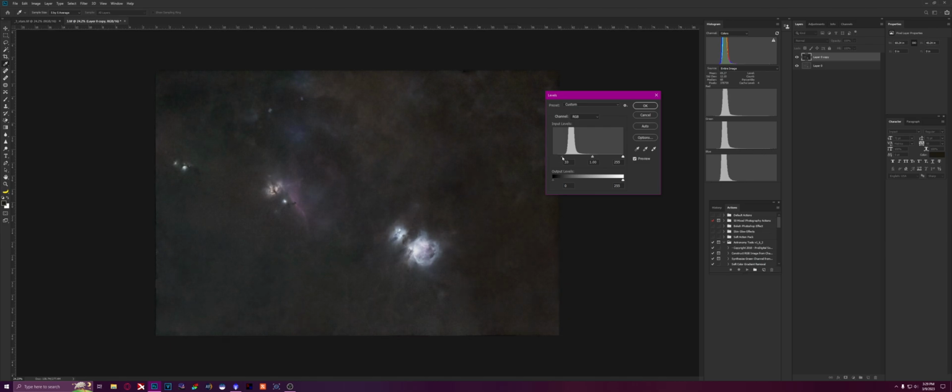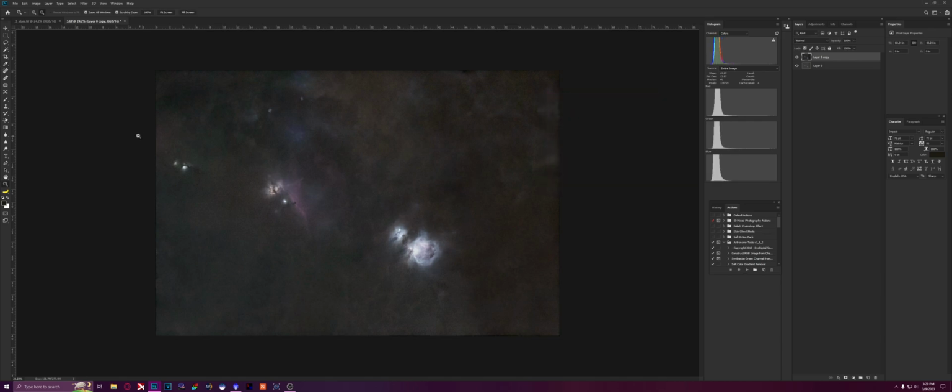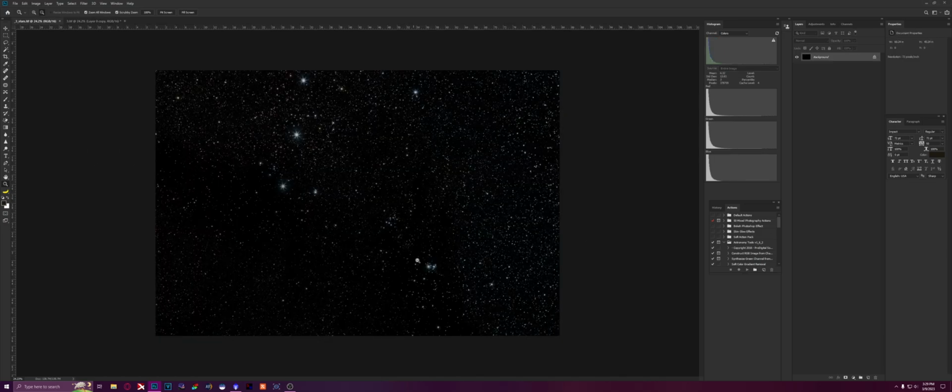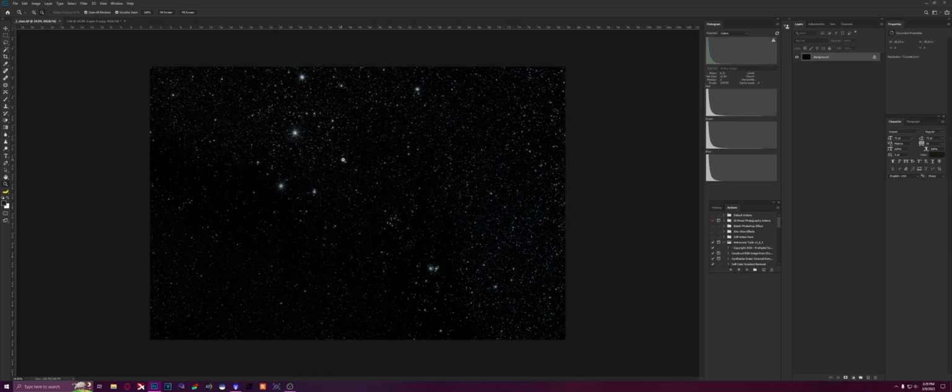Okay, so I mean that looks pretty good. It doesn't look amazing, but it looks half decent. So now what we're going to do is go into our stars image and open up Camera Raw,